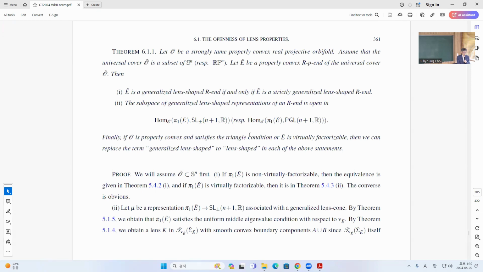Okay, so if O is properly convex and satisfies the triangle condition, or E tilde is virtually factorizable, then you can just replace the generalized lens shape with lens shape in these cases. So the basic proof is that part one I'm not going to do, but for part two, this will be done in chapter 3 or something later, because we don't need all this theory anyway. So for part two,